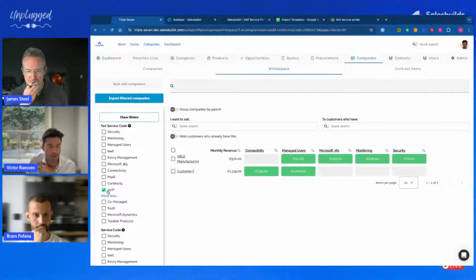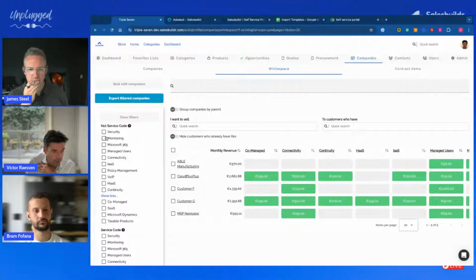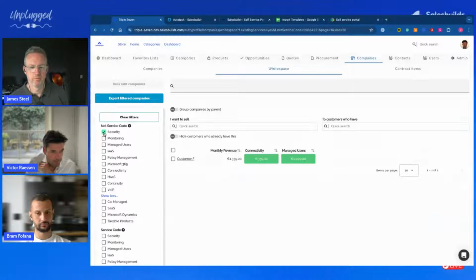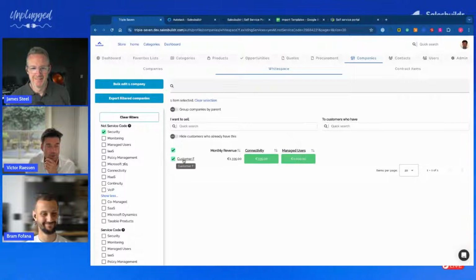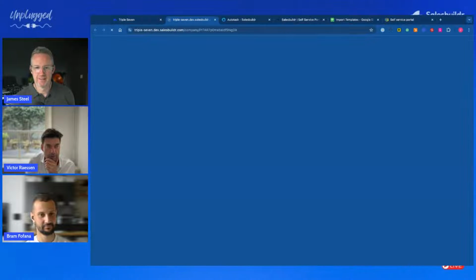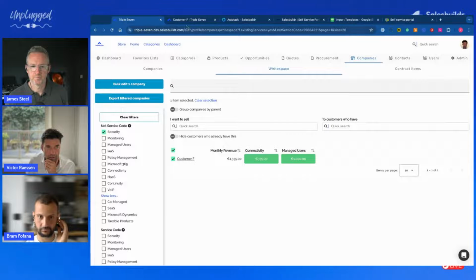And now the other thing you can do is, okay, I want to see which ones do not have a security offering. Security is pretty essential. Yeah, that's been a mistake. Yes. So now you might want to jump into that customer and jump into the company